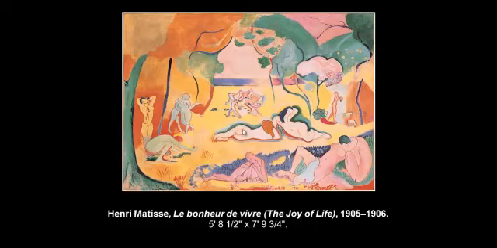This is still figuratively based, but a lot of his work basically just becomes simplified into the shape and the color and the line that most efficiently conveys what he feels the content of his work should be. And in this particular case, the joy of life,